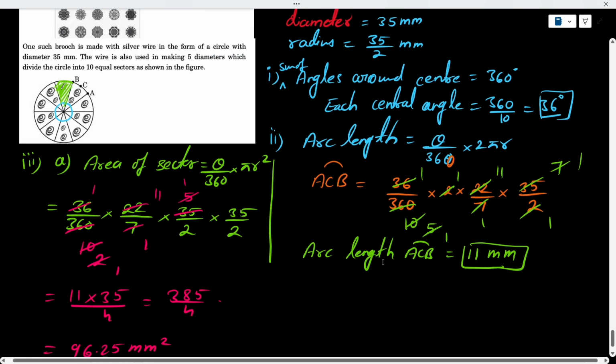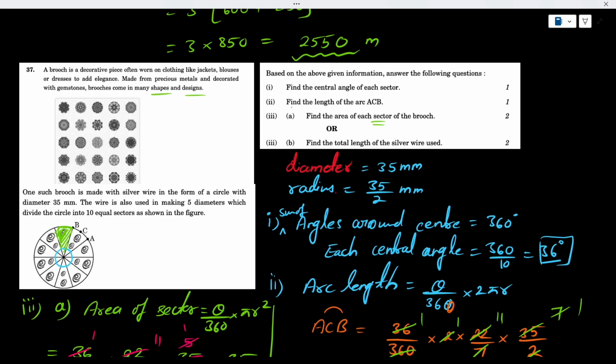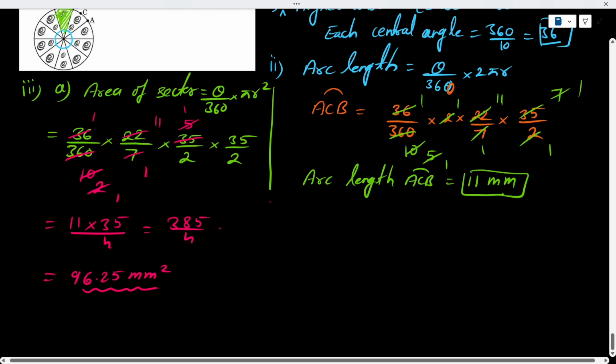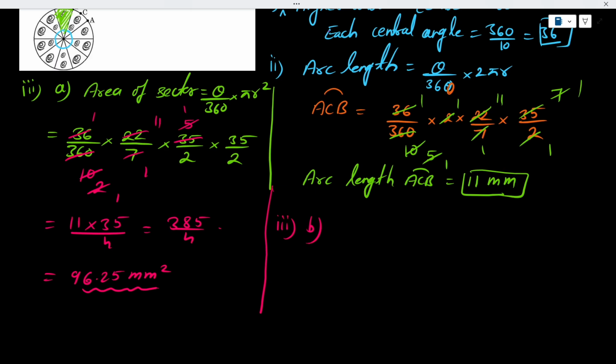Now, this is part A. Part B says to find the total length of the silver wire used. When we started, they said silver wire is used to make this circle and to make these 5 diameters. So the length of the circle means the boundary of the circle, which is nothing but the circumference of the circle, right? So how are we going to do this? This is your third bit, second part. Length of wire used to make this will be equal to